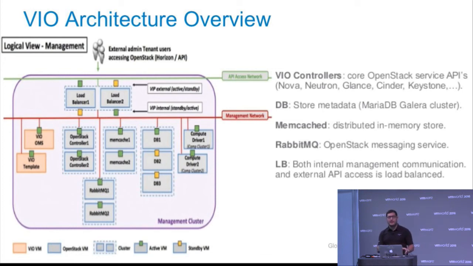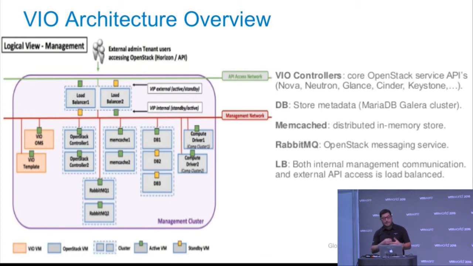The first thing is, according to VMware best practice, we can deploy OpenStack in 2 clusters. In one cluster is going to be the management where all the VMs are running, and the second cluster is where my resources are going to be running. A minimum OpenStack deployment will require load balancers, the OpenStack services, the controller where all the APIs and the services are going to be running, the database, the compute drivers, and